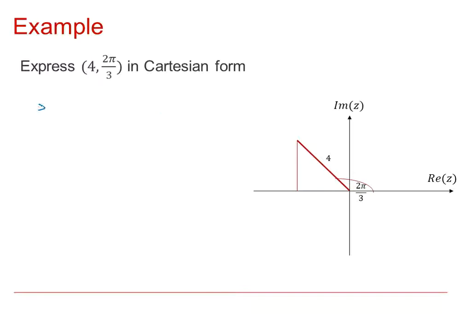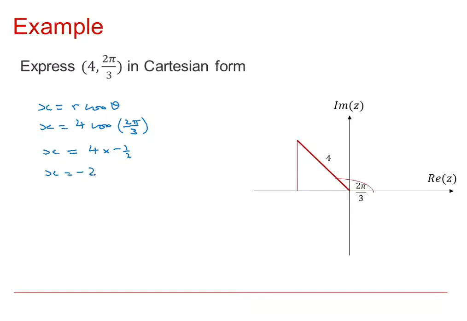We know that x can be found by r cos theta. So x can be found by the modulus 4 times cos of 2 pi by 3, which is the argument for this complex number. And when we work that out, we get x is 4 times minus a half,